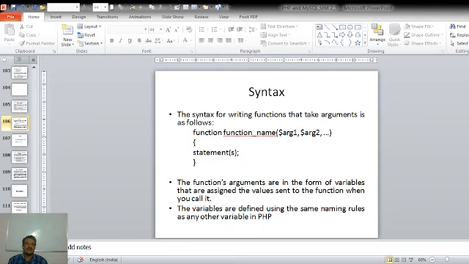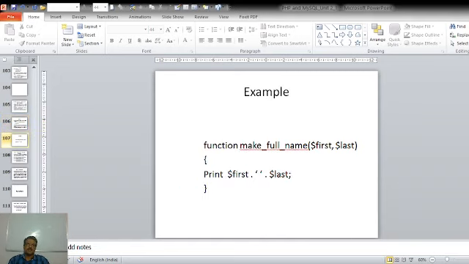That is why we have written them as $argument1, $argument2 and so on. These variables are defined using the same naming rules as any other variables in PHP. There is no other way; we declare these variables in a similar way we declare normal variables in PHP.